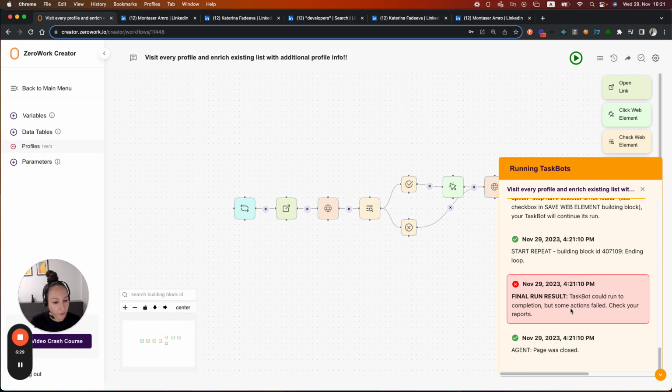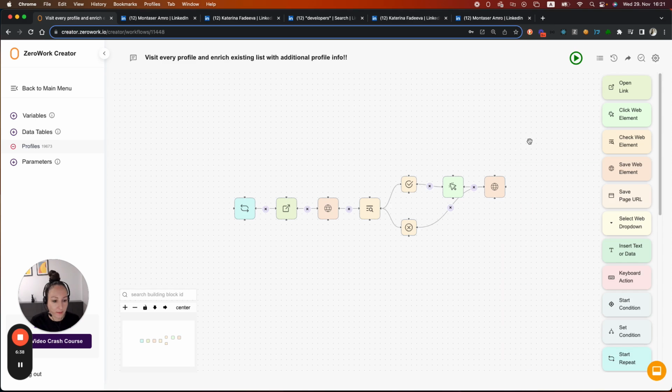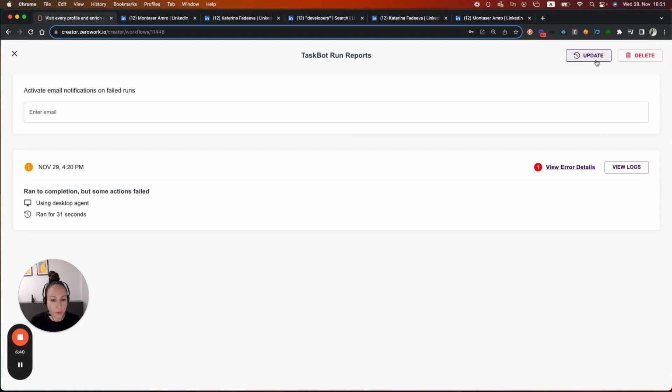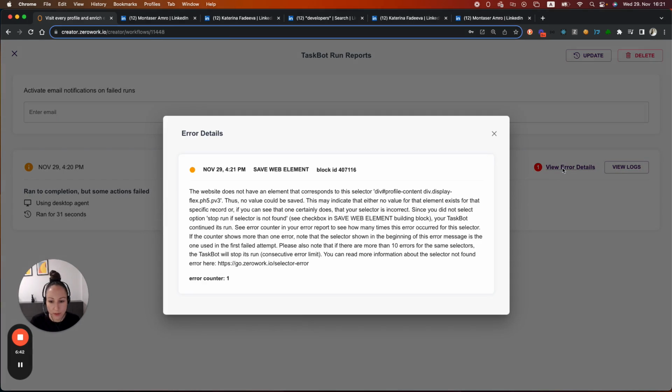Okay, now we've got, however, a result which says could run to completion, but some actions failed. So let's see how to investigate this. Let's go to the reports. Let's view the error detail, and it says the website does not have an element, and this is the element